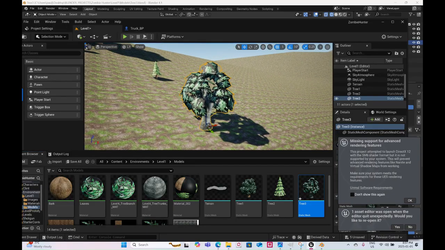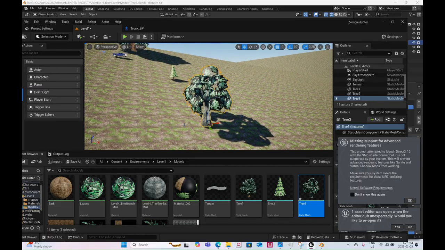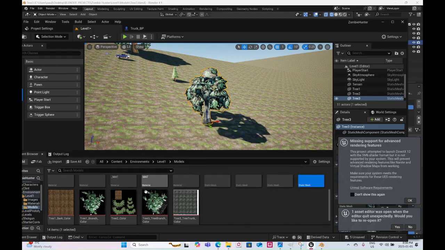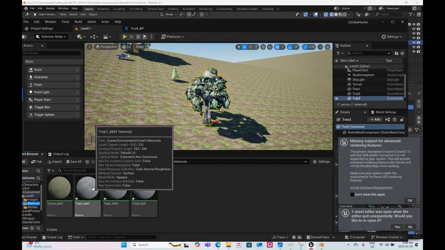I need to create textures so that these materials have an alpha on them. So I'm going to go back to materials. I'm going to open up these three. One,